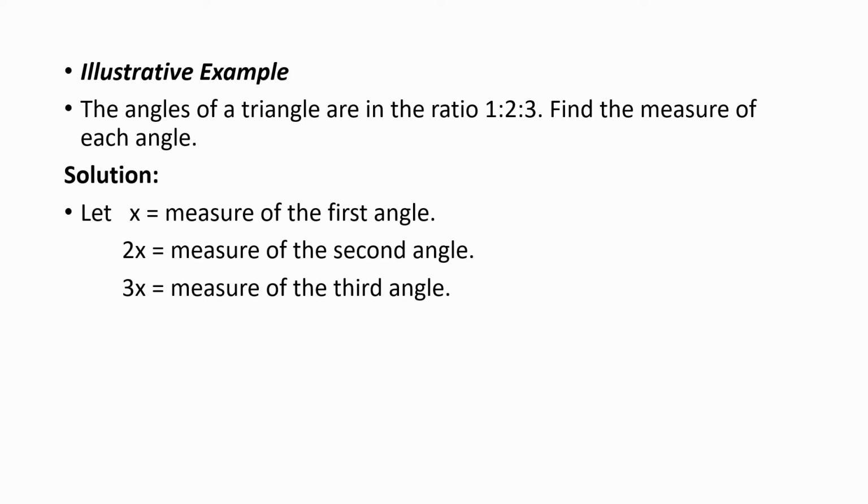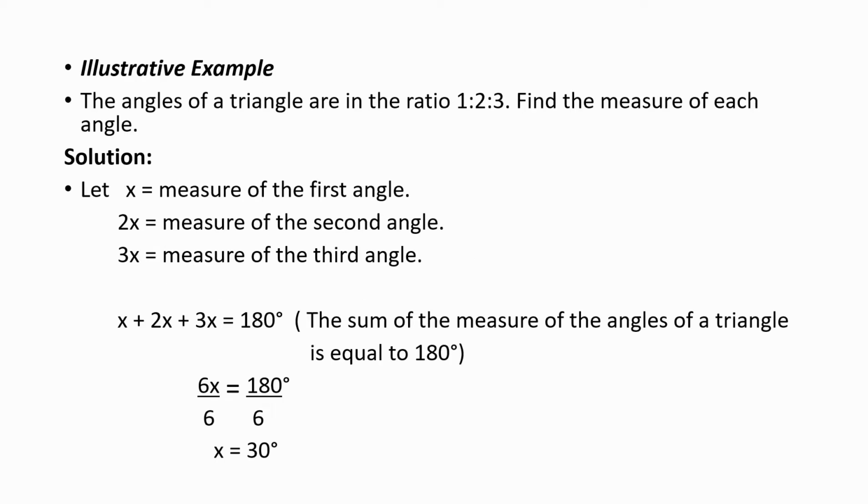So what do you think are we going to do with x, 2x, and 3x? Remember that we are to find the measure of each angle. So before we can solve for the measure of each angle, we have to solve first for the value of x. So what we're going to do is to add x plus 2x plus 3x, and that would be equal to 180 degrees. Why? Remember that the sum of the measures of the angles of a triangle is equal to